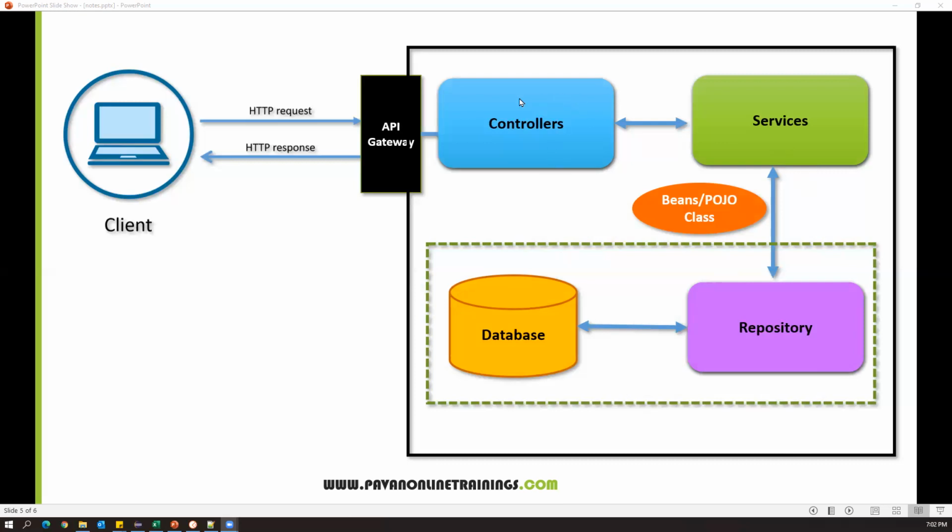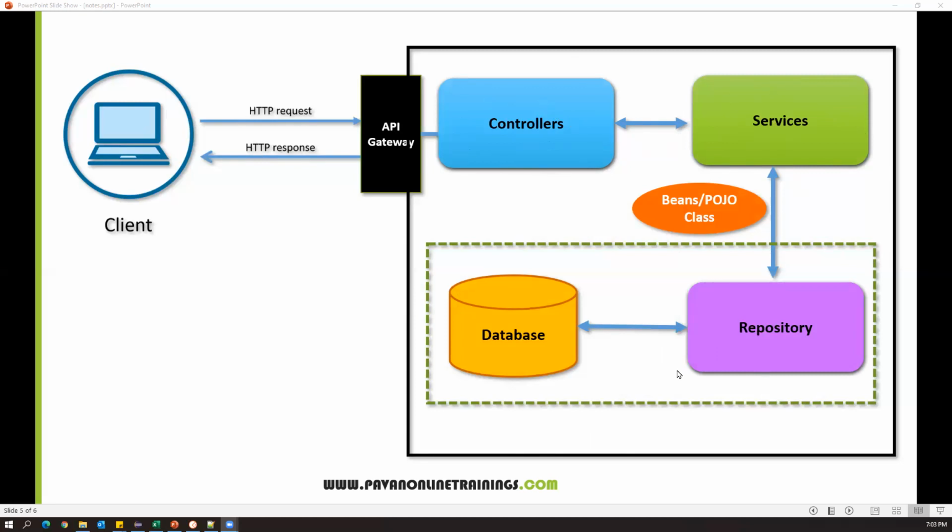So these are the main components which we are going to develop in the Spring Boot framework. The controller is the main class in which all the mapping methods will be there, and the API will directly talk to those controller methods. These controller methods will hit the service, and accordingly the service will give the response to the controller methods, and the same response will be provided to the client. And again, the service internally depends on the database and repository, and on the bean class. So this is an overall, very high level architecture. Now let us start developing this.